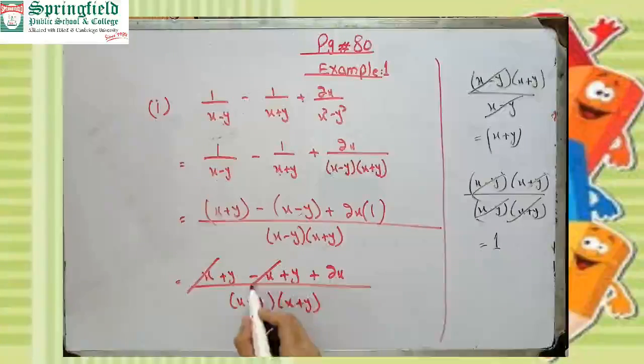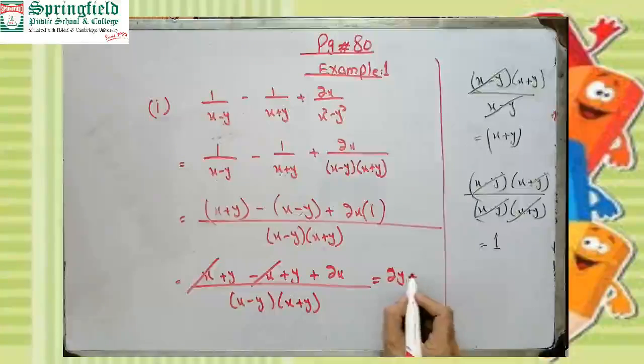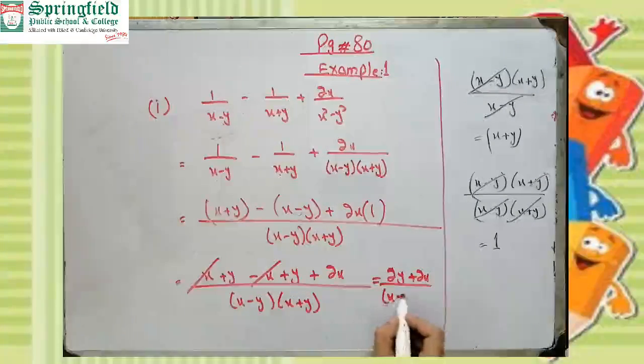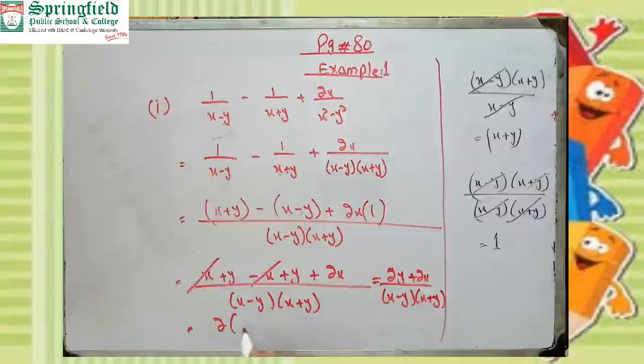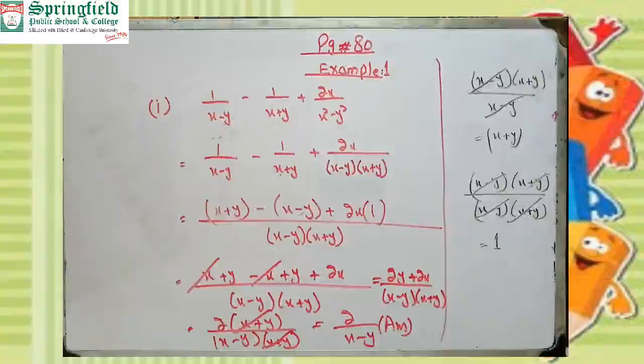So plus minus can be cancelled. So y plus y, 2y plus 2x divided by (x minus y)(x plus y). So 2 can be cancelled, common from here. So it will become x plus y, or y plus x, which have the same meaning. X plus y can be cancelled with the x plus y. Just 2 divided by x minus y. This is your final answer after cancellation. Fine. So the second part is your task. Do the practice of example 1 second part.